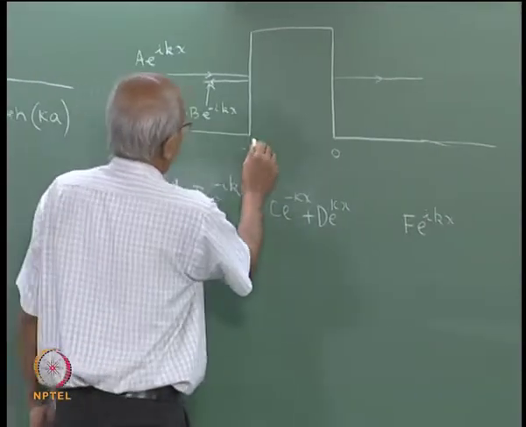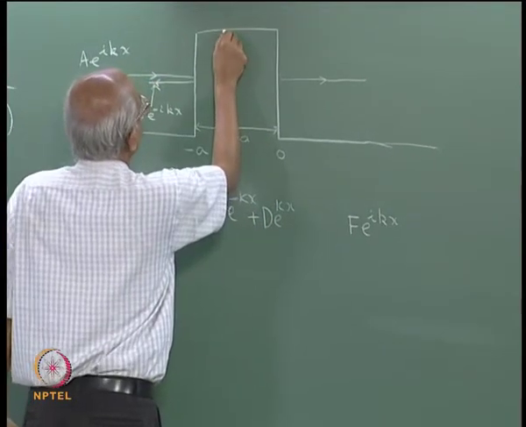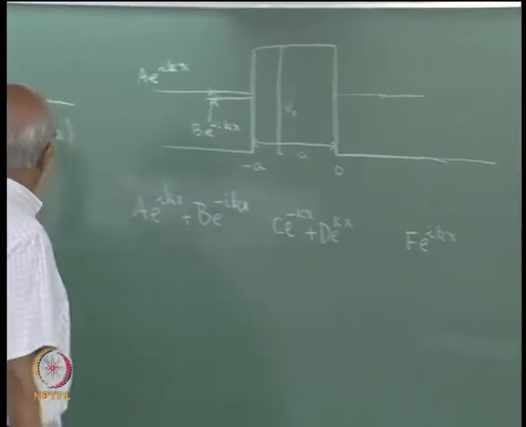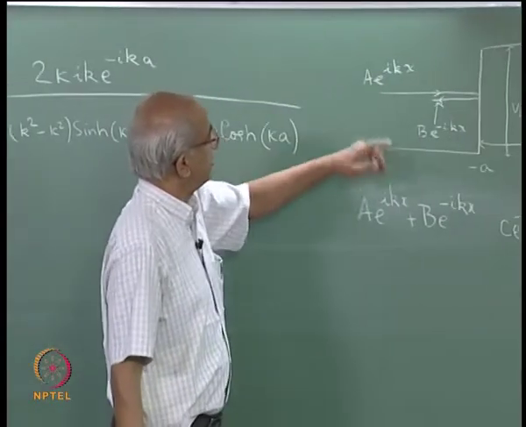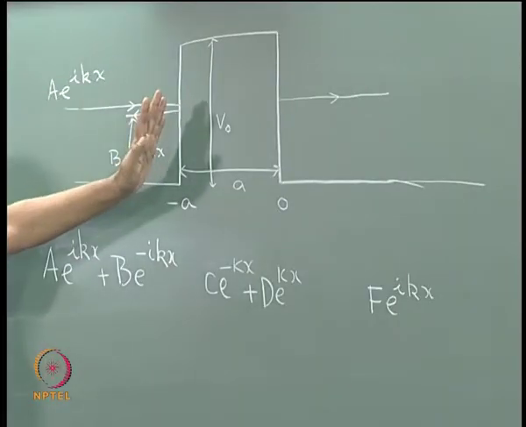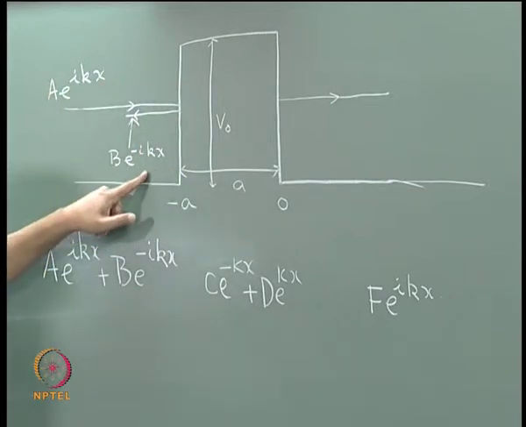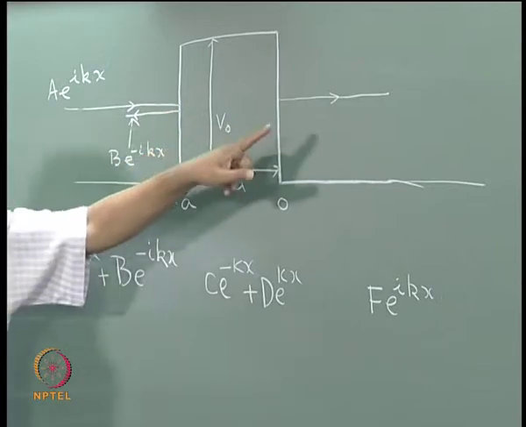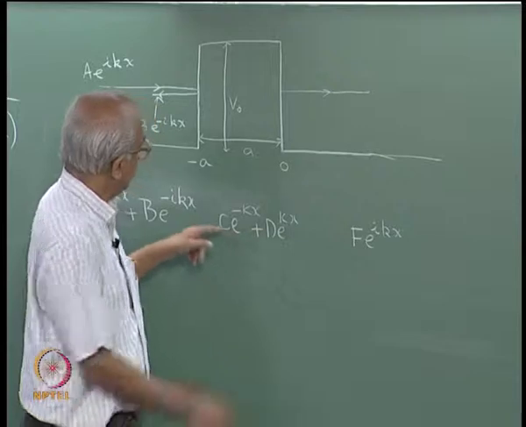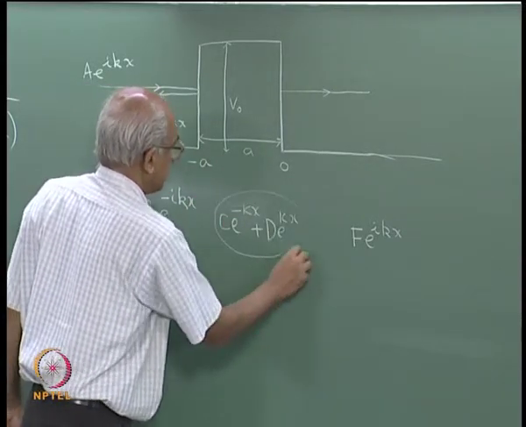There is a barrier of width A and it has a height of V0, and a particle of mass m is incident from the left hand side, that is actually represented by this wave function. The possibility is that the particle may get reflected, which is represented by that part of the wave function, or the particle may go to the other side, which is represented by this part of the wave function, and in the region of the barrier the wave function is given by that expression.